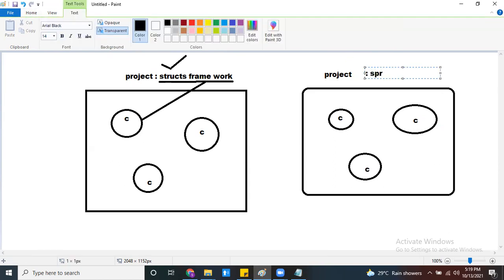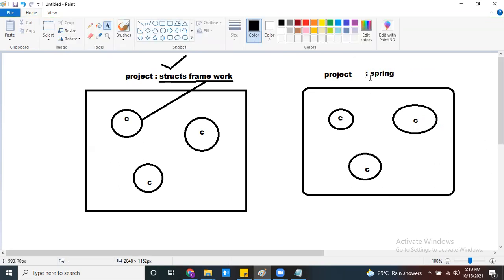For example, I created this project using the Spring framework. These resources will not use any Spring class directly. My resources do not extend or implement any class or interface from the Spring framework. So my resources and the framework are not tightly coupled, and you can use these classes wherever you want, even in another framework. This type of framework we call a non-invasive framework. So Spring and Hibernate are non-invasive frameworks, and Struts is an invasive framework.